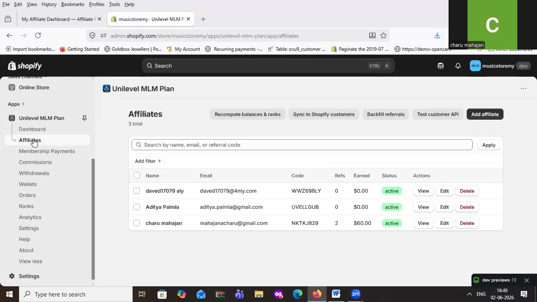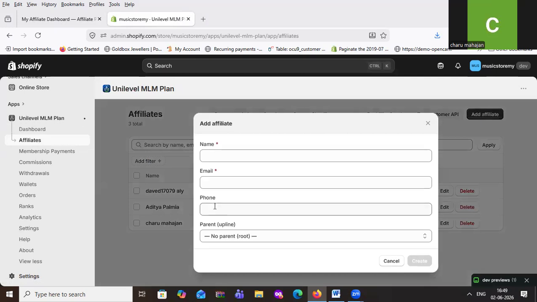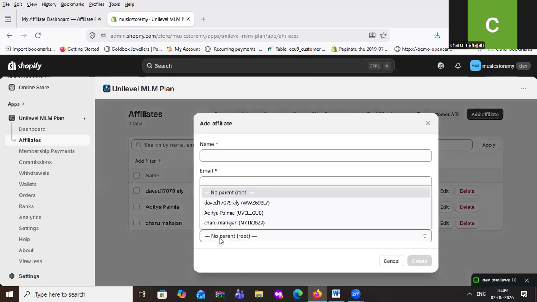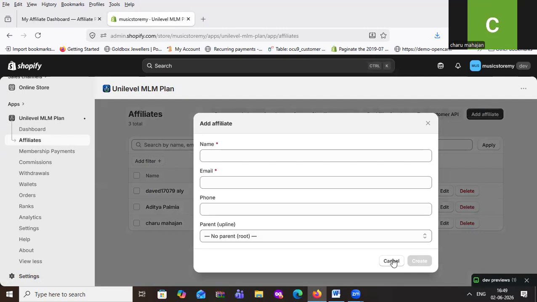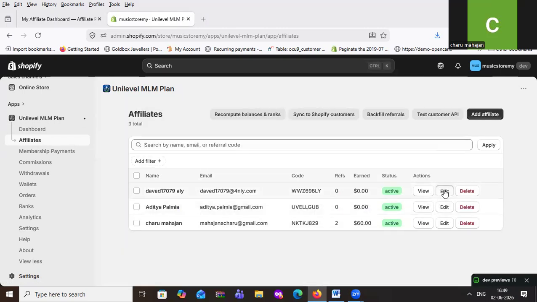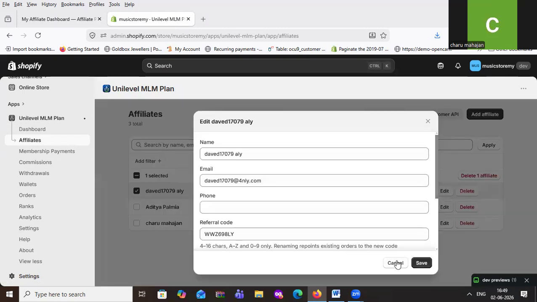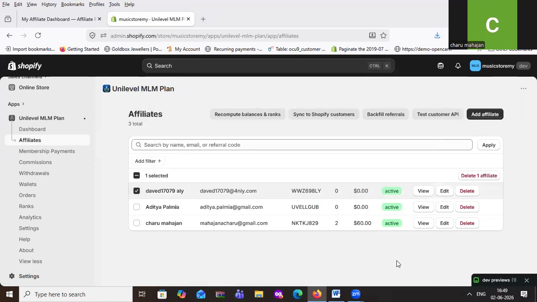The next page is affiliate management. From here, a new affiliate can be added manually with a name, email, phone, and parent. From here, the admin can edit any affiliate's details or delete the affiliate.